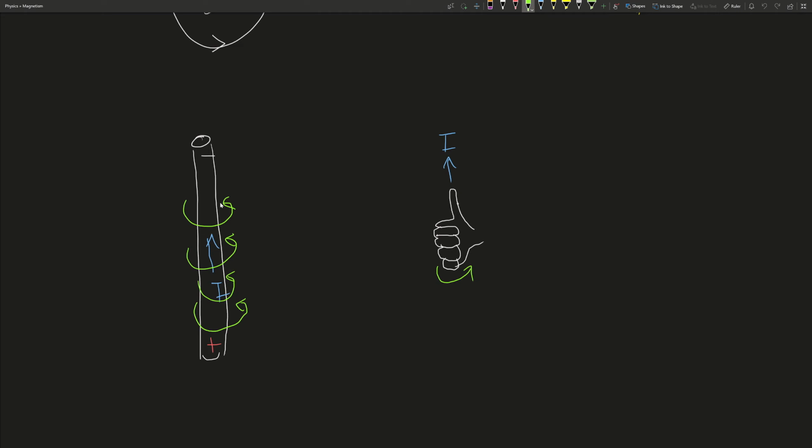Now it's really difficult to draw these 3D fields in a 2D space, because electricity and magnetism, especially magnetism, is inherently three-dimensional. And so to draw this, we won't draw these loops like we do. Let's just say we have a wire here, and then we have some current running through it. If we look at a slice of this wire, like a plane of it,